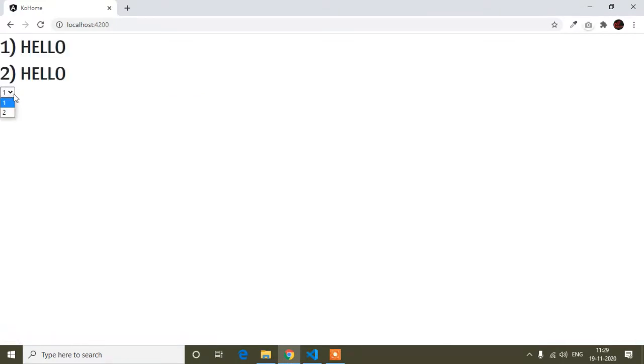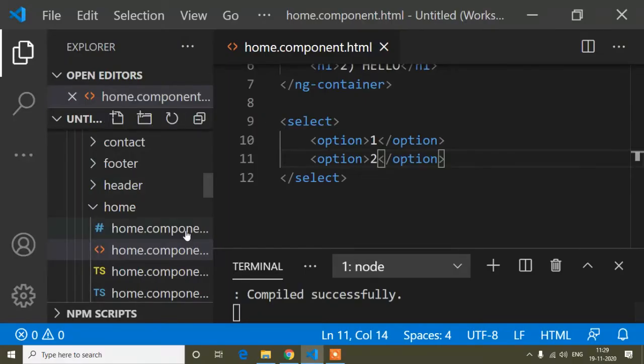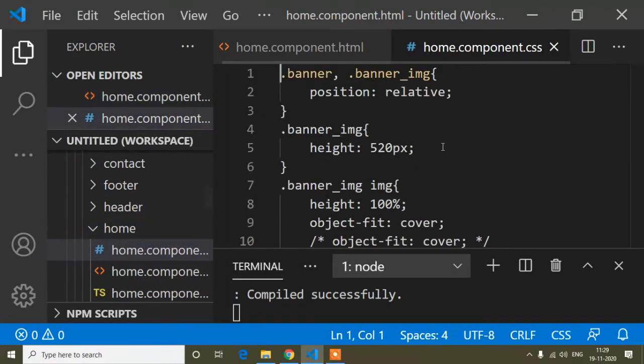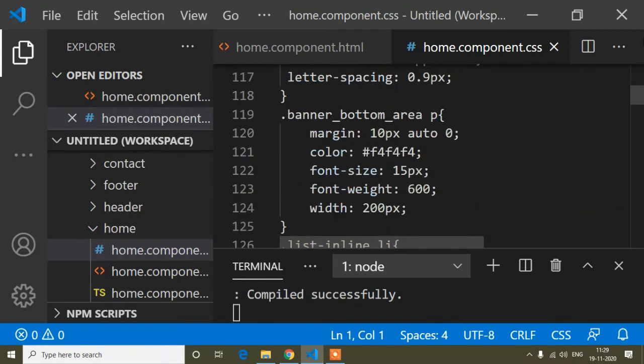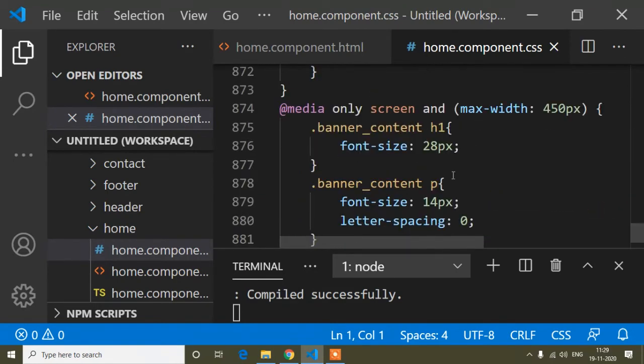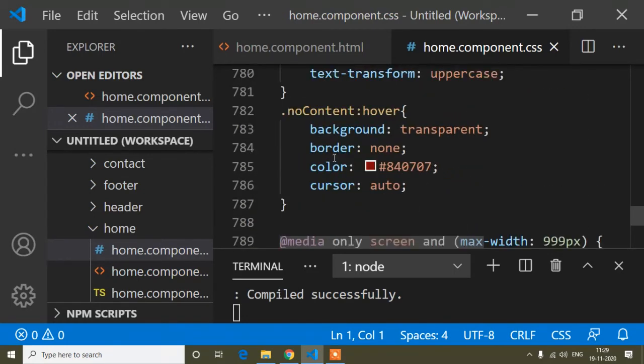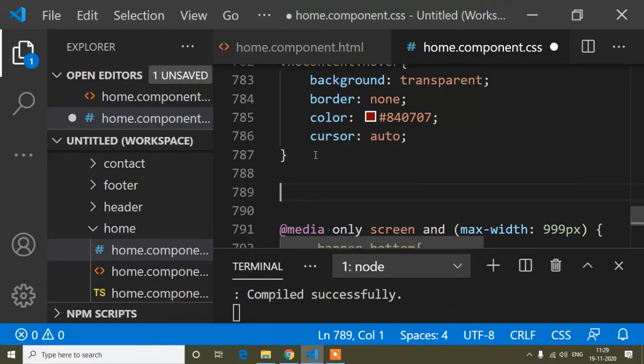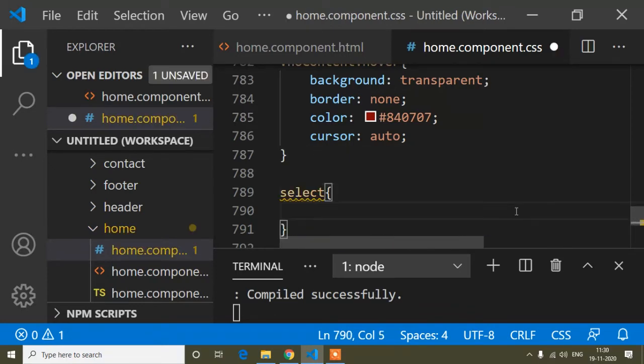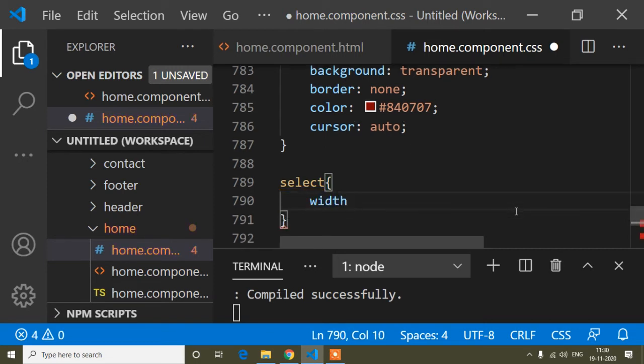Here it's a select, so I will add some CSS. Just below, for this select tag I will set the width to 100%, and I will add padding to increase the size.